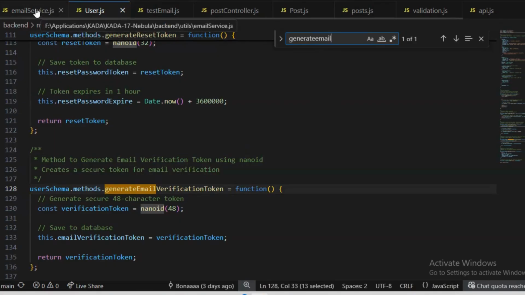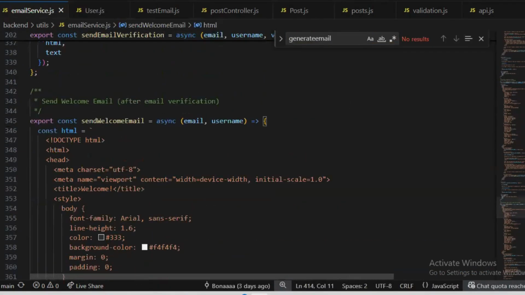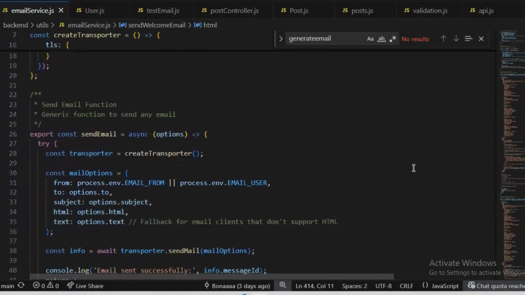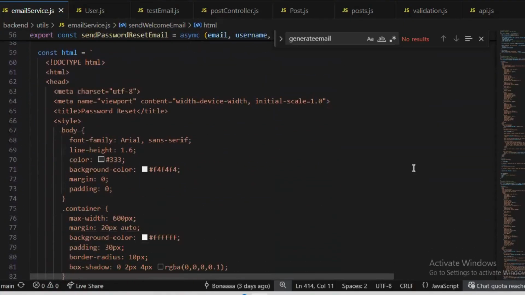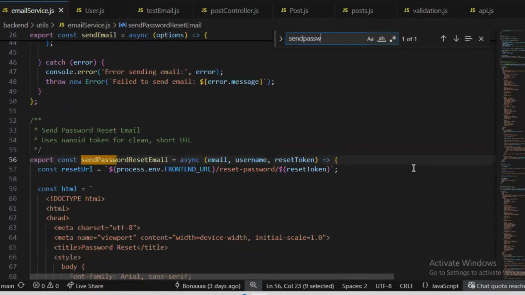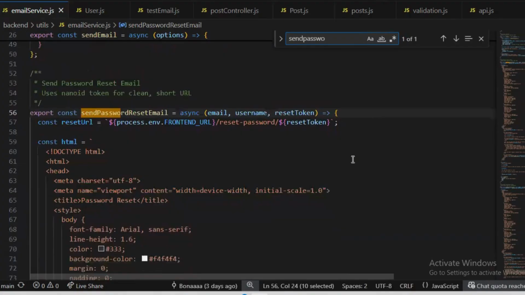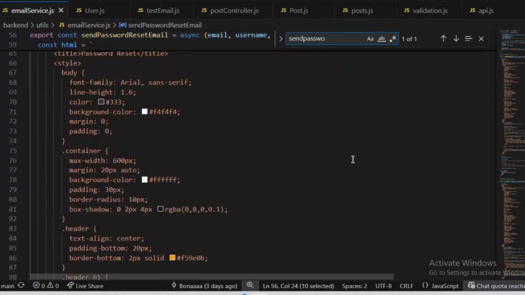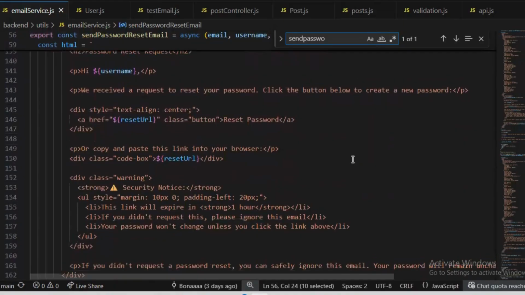Then we can move on to the email service. The HTML email templates are embedded in our email service, where, for example, in the send password reset email, we have our own HTML template that will be sent to the user.